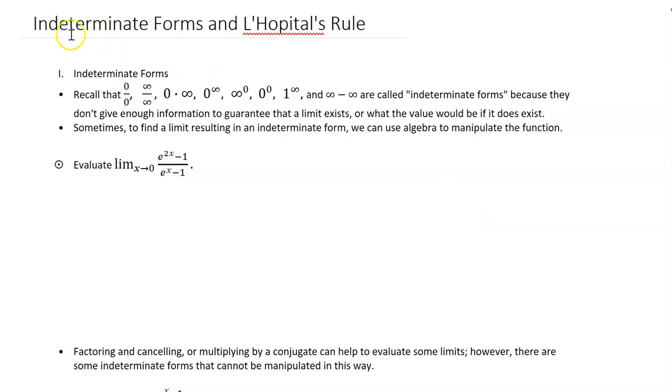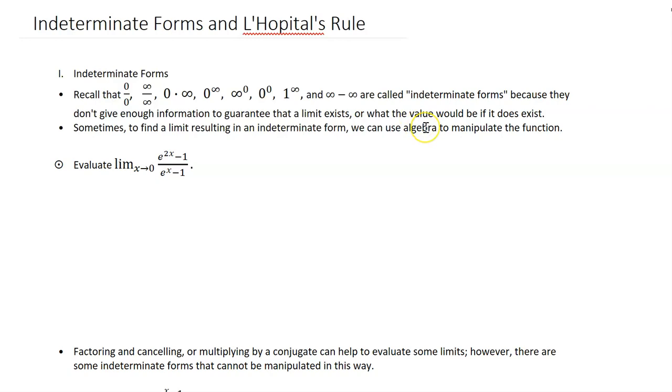In this video, we're going to look at indeterminate forms and L'Hopital's rule. So recall that the forms 0 over 0, infinity over infinity, 0 times infinity, 0 to the infinity power, infinity to the 0 power, 0 to the 0 power, 1 to the infinity power, and infinity minus infinity are called indeterminate forms because they don't give enough information to guarantee that a limit exists or what the value would be